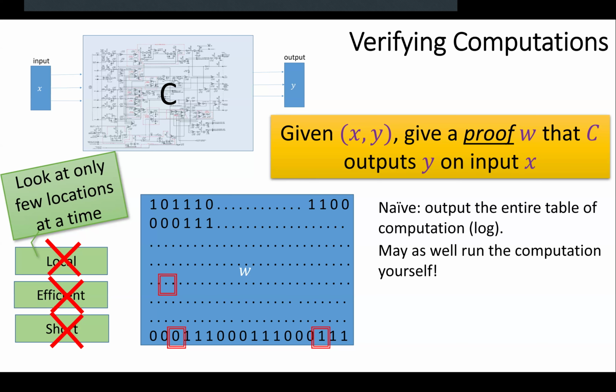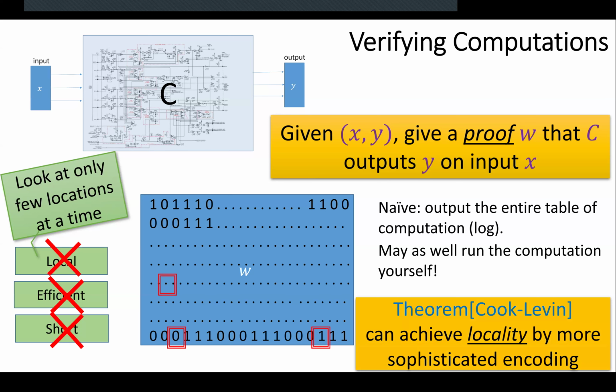Okay, and again, we haven't done anything interesting here. You may as well run the computation yourself at the same cost. So let's do something else. So now we come to a major theory in computational complexity from the 70s, which is the Cook-Levin theorem,